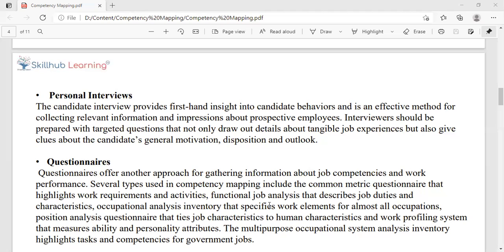Though it's unfortunate because not many of them know how to read the report, because their expectation is that a result will come. But since you have done all these psychometric assessments, you know that there are no results. There are only observations, and you have to infer what these observations mean. And this is where a lot of HRs fail because they are not able to read those reports.